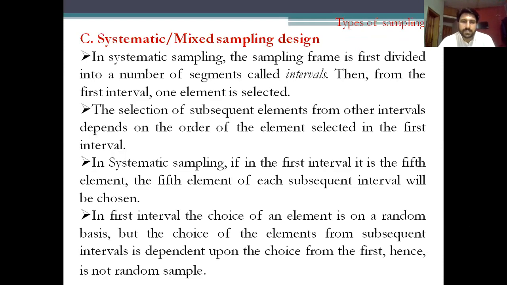If in the first interval it is the fifth element, then the fifth element of each subsequent interval will be chosen. Please note that in the first interval, the choice of an element is on a random basis, but the choice of elements from subsequent intervals is dependent upon the choice from the first,